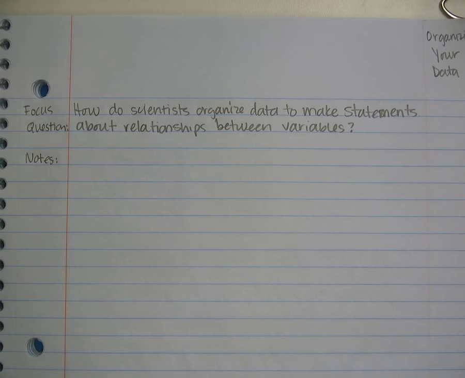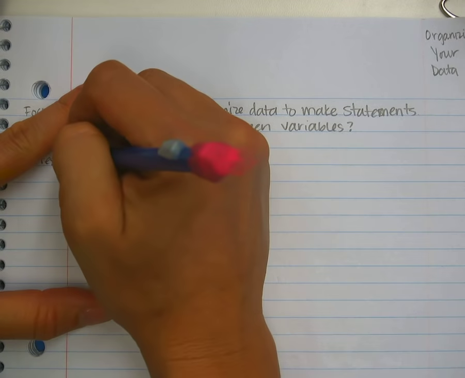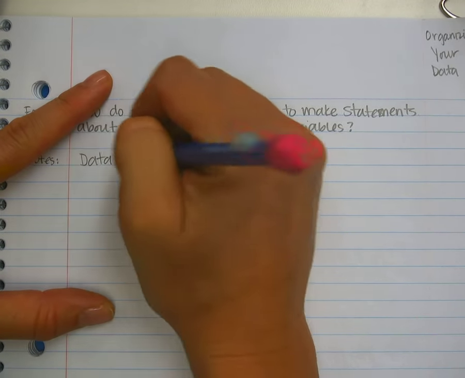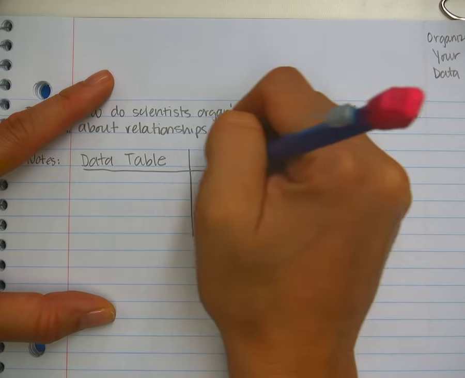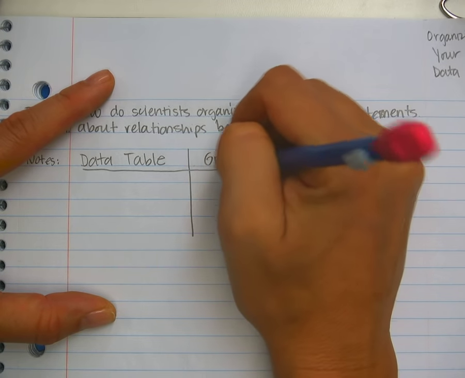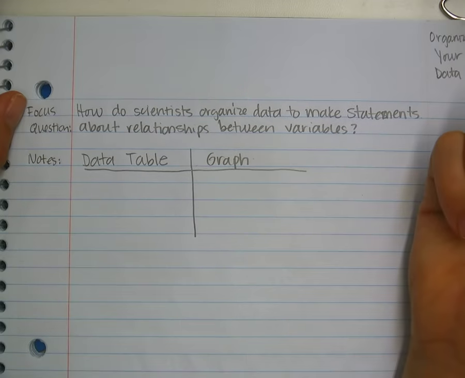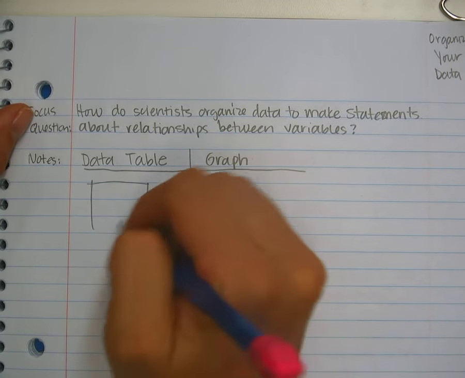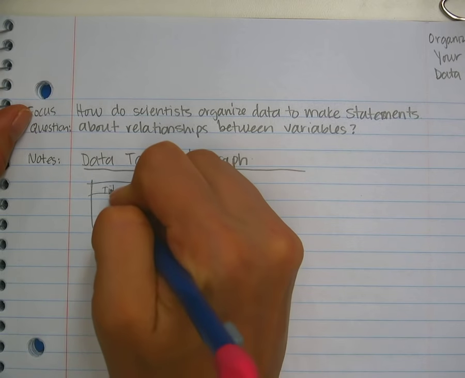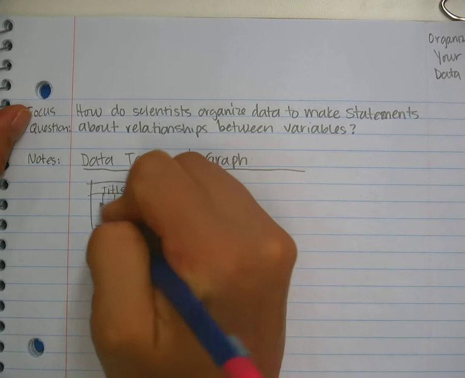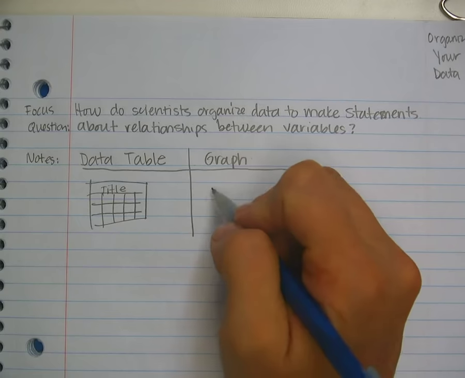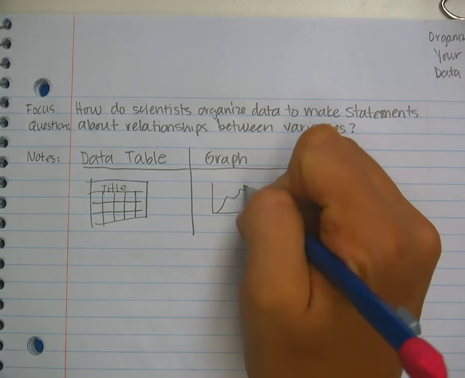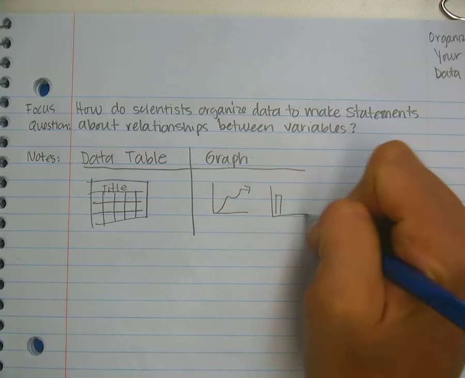And the first notes that I want you to take have to do with how a data table and a graph are not the same thing. So on the left side, I'm going to have you write data table. Make a little T-chart. On the right, you're going to write graphs. A data table usually looks something like this. You have a title, and then it's going to have different sections with your data in it. And a graph is going to look maybe like that,